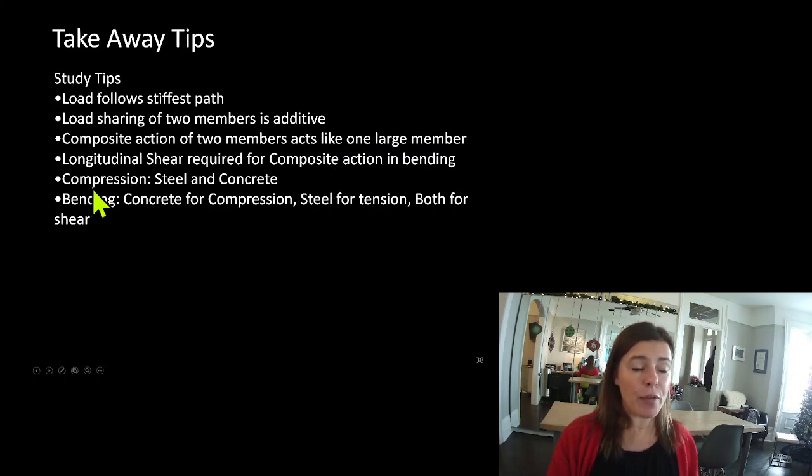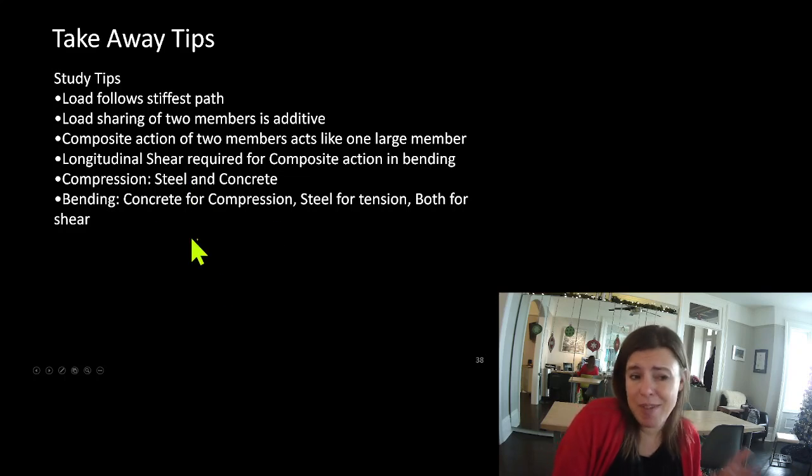The compression for concrete is taken by steel in the concrete. The bending, the concrete takes the compression, the steel takes the tension, and we use both for the shear. So those two sound like they might be questions on possibly the quiz, and you have the answers right here